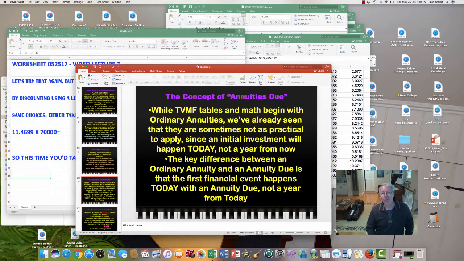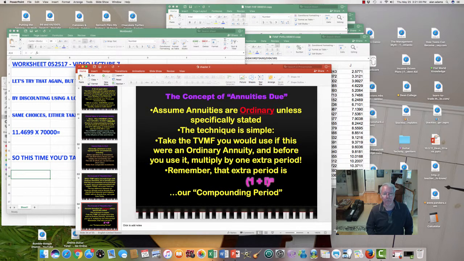We go to table C and D, and if it's an annuity due, rather than an ordinary annuity, we do one little piece of surgery on the factor from the table before we use it. We're going to take a problem that's based on an annuity due. We're going to assume, just for a second, that it's based on an ordinary annuity, and we're going to go to the appropriate table, C or D,